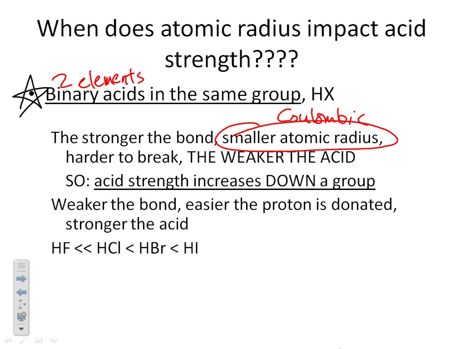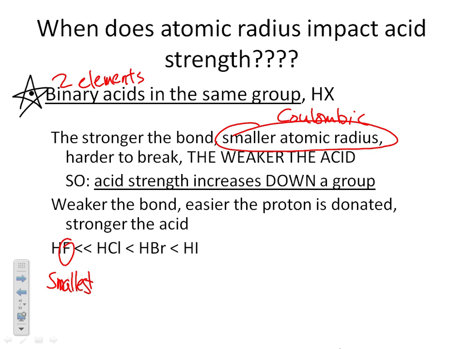However, because fluorine is the smallest of them, the hydrogen can get very, very close to the fluorine because it's small. It's got the fewest electron shells. So the force of attraction between the hydrogen and the fluorine is much greater than between the hydrogen and the iodine because iodine is very large. Because the force of attraction is greater, the bond is stronger. Because the bond is stronger, it is less likely to break. Because the bond is less likely to break, the hydrogen is less likely to be donated, and we are talking